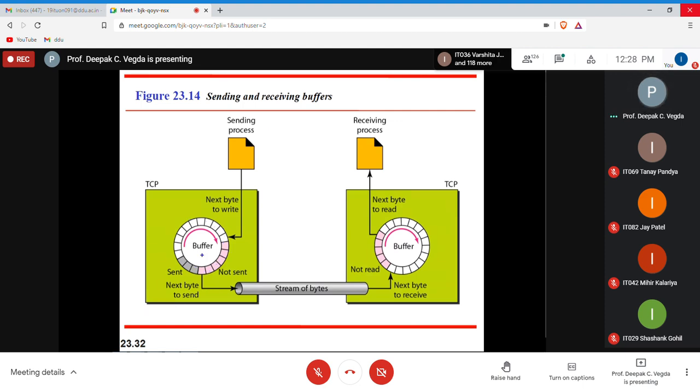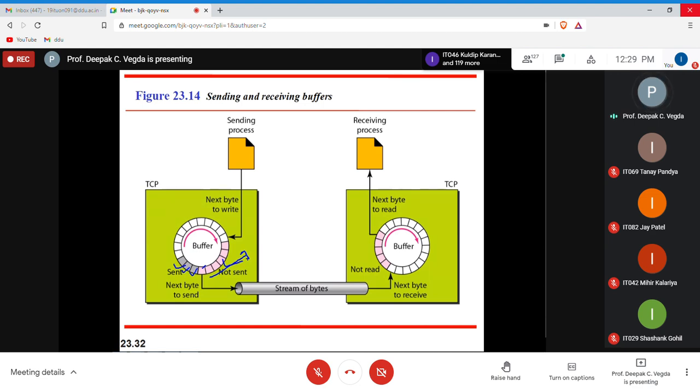Now, whoever is this pink color packet are not yet sent. You might have processed them and stored them in your buffer and you want to transmit them. This packet is transmitted by your sender, this packet is transmitted, this packet is transmitted. So these are sent bytes. You have transmitted 3 bytes now. You are going to transmit the fourth byte, fifth. These are the bytes which are not yet sent, but are there in your buffer.